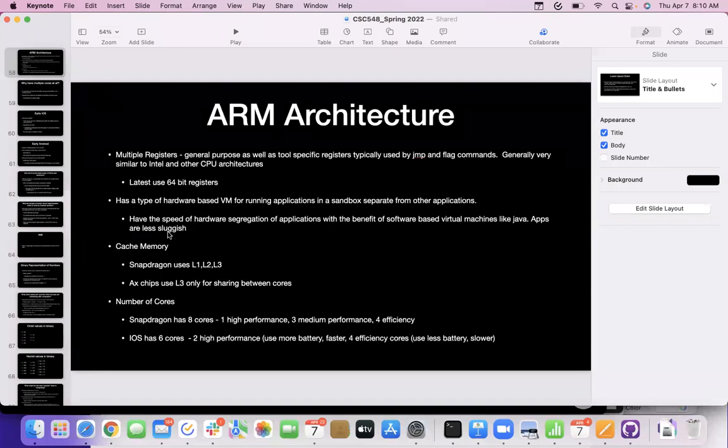This is what I just talked about. All right, so cache memory. This is kind of interesting. So I mentioned before that the